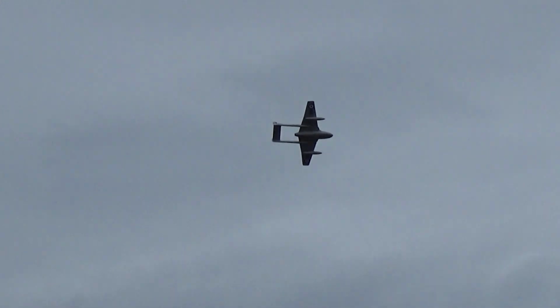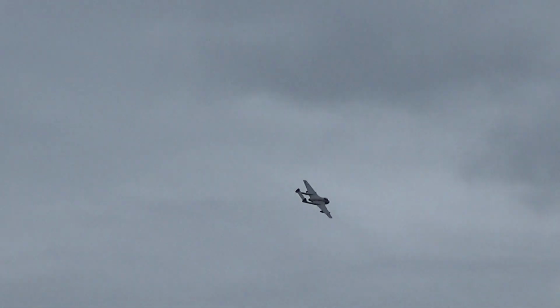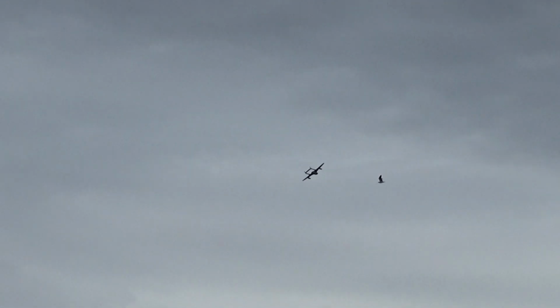and is one of Norway's first F-35 pilots and the first Norwegian F-35 squadron commander, based at Luke Air Force Base in the US. This de Havilland Vampire, of course, part of the Norwegian Air Historical